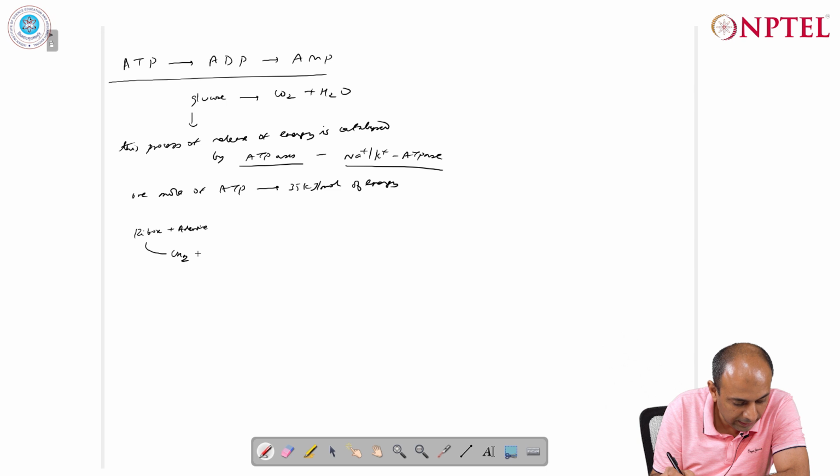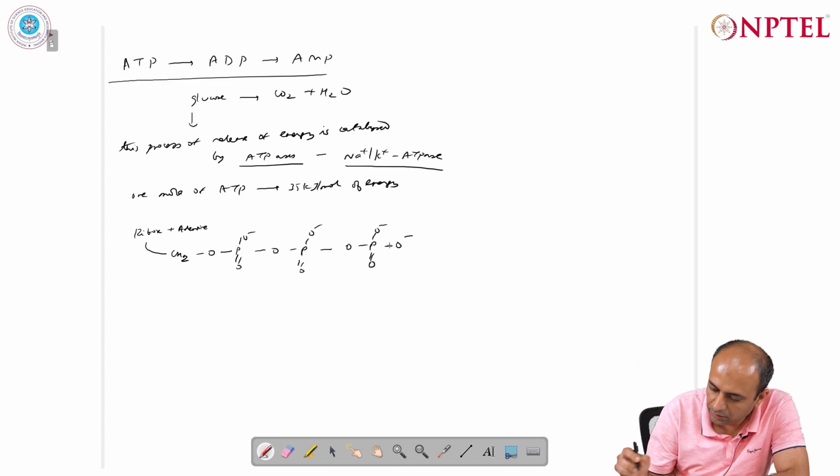So this is covalently connected to CH2O, then P double bond O with O minus groups, three phosphate units in all. So we have this adenosine triphosphate, and now there is a cleavage of this particular bond, which is going to give us